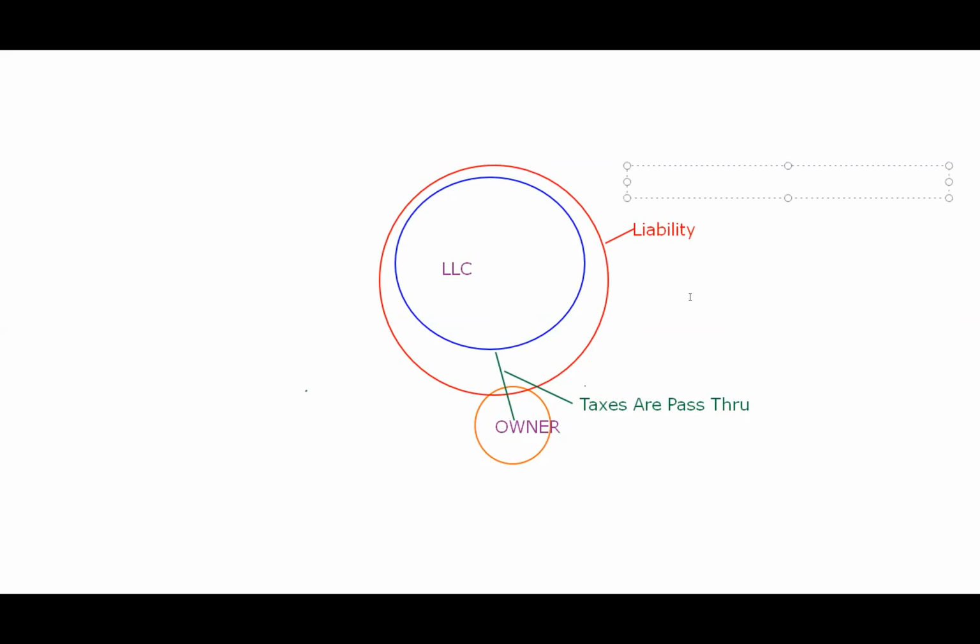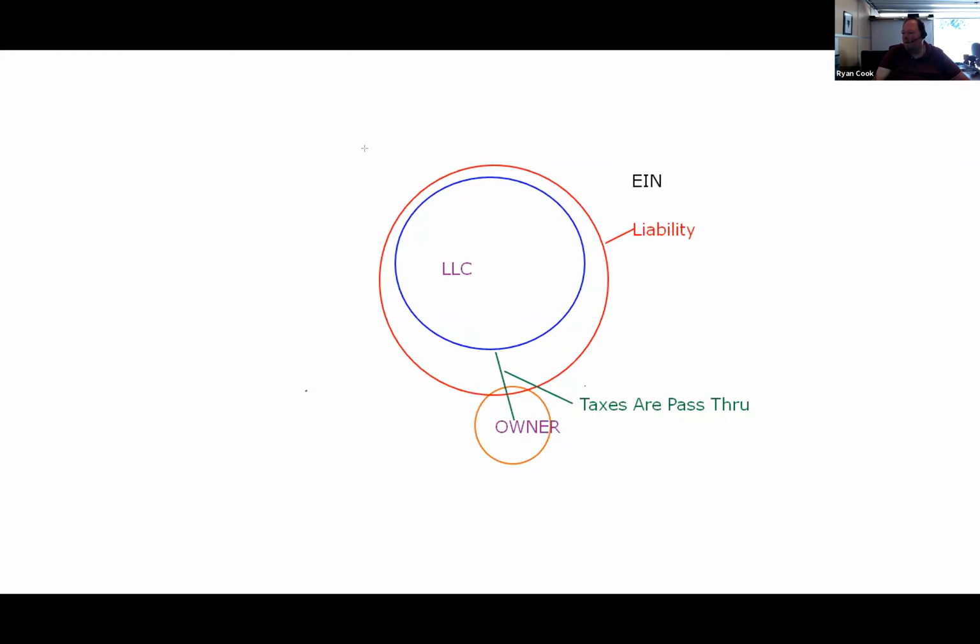Limited liability. What's the one thing? What do I have as a sole proprietorship? Total liability. No. Come on, there's one. What's my number? Income. Oh, EIN. Thank you. EIN, yeah. That's the one biggest difference between the sole proprietorship and the LLC. See, the sole proprietorship is under my number. Yeah. The EIN